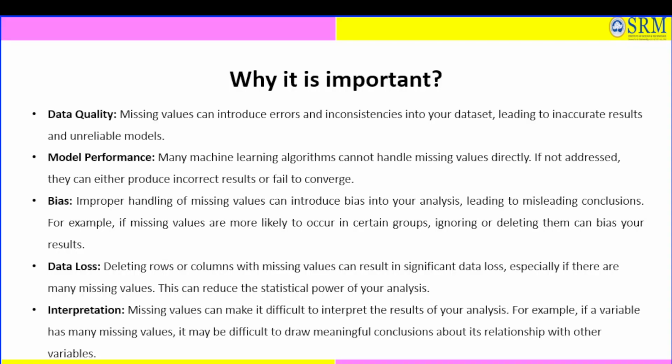And then bias. Bias is nothing but a kind of error. Whenever missing values are not handled properly, improper handling is going to introduce bias into your analysis, leading to misleading conclusions, like true to false or false to true. For example, if missing values are more likely to occur in certain groups, ignoring or deleting them can bias your